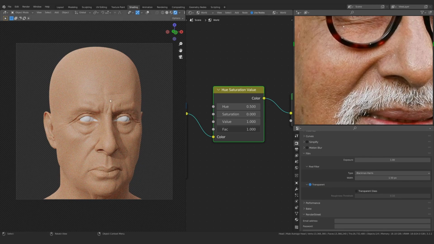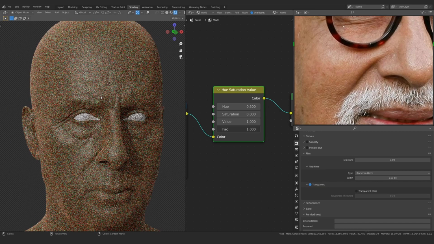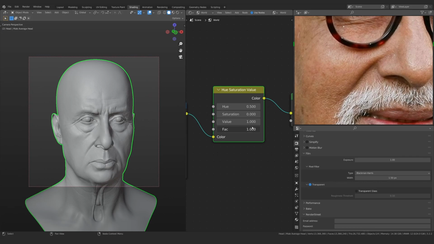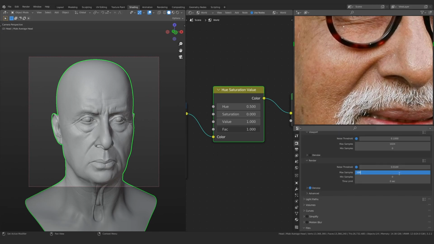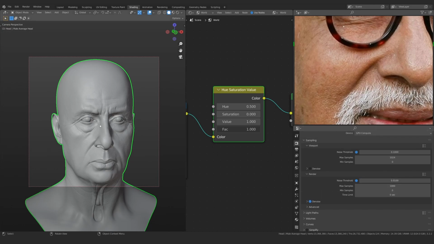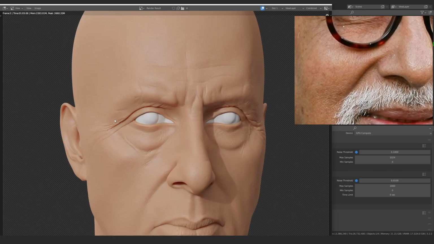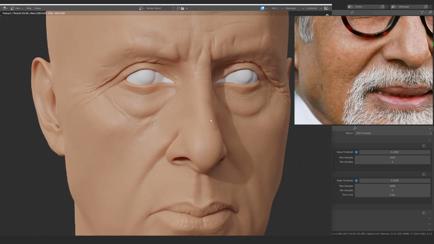painting our mesh. Now we also need to bake it to the mesh. I don't know if I'm gonna do it in this video or in the next one. But yes, the color attribute, the color that we have selected in the shader, needs to get baked onto our mesh so that we can actually start